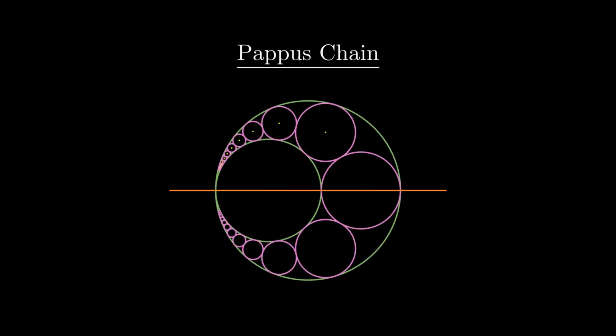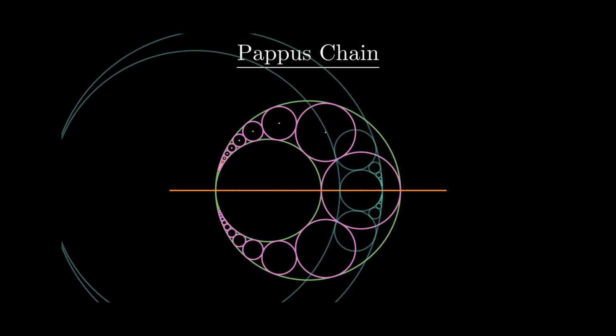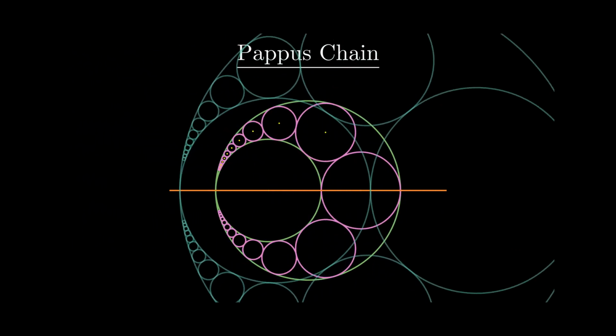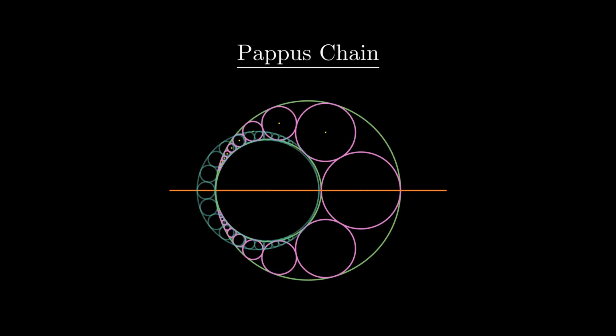Considering that our problem involves a lot of circles, it should come as no surprise that we use circle inversion to solve this problem. We already introduced and proved the basic properties of inversion in the video about Pappus chain on our channel. I'll leave a link to that video in the description in case you haven't seen it yet. For now, let's review some of the properties of inversion.